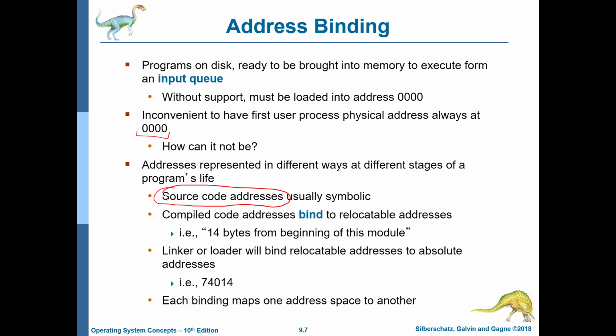It is the job of the compiler to bind our variables to what are called relocatable addresses, which basically means they are with respect to some pointer, like maybe with respect to the stack pointer. So we can say 14 bytes, 20 bytes, 24 bytes with respect to the stack pointer or the base pointer or frame pointer. So they are always with respect to some value stored in some registers. That's considered a relocatable address. The linker or the loader.